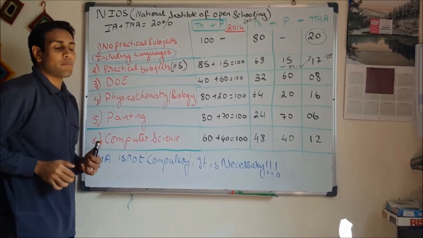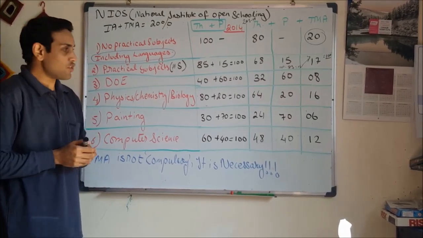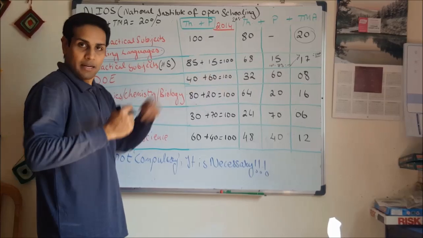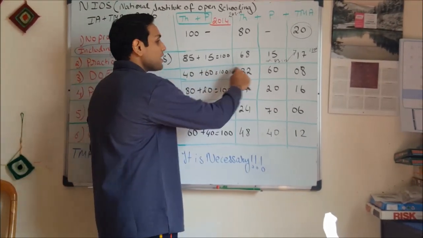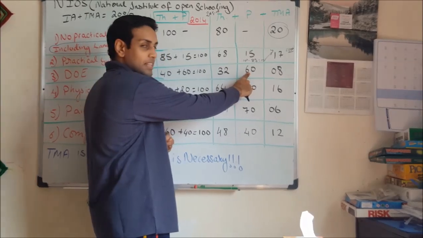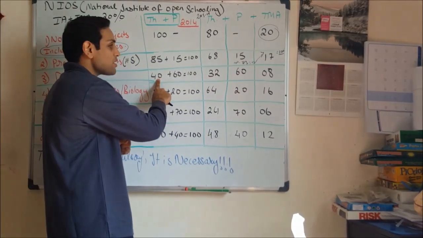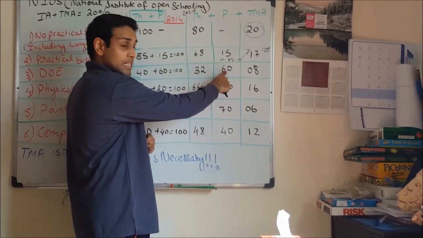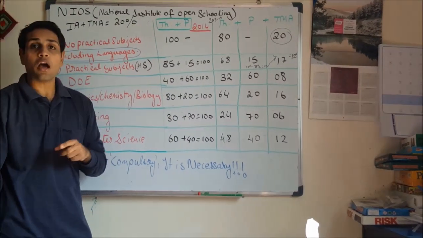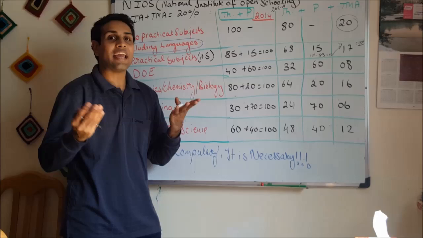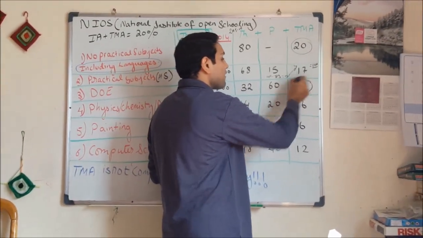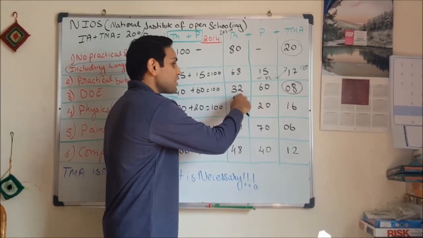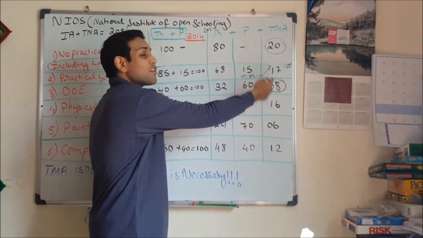Thirdly, data entry operations. Again, for senior secondary or secondary, the examination paper is out of 40, practical 60, total 100. But here, after 2015, the practical marks remain the same, 60, but the 40-mark paper has turned into 32. When you add 32 and 60, the total turns out to be 92. How much more do you need to make it 100? 8, and that is the reason: in the TMA you write for 20 marks, but I can give only 8, because 60 plus 32 is 92, and I need 8 marks more to make it 100.